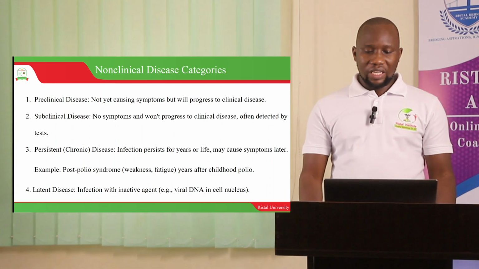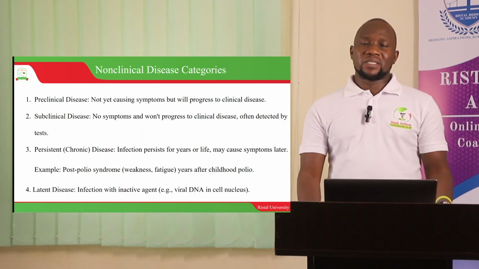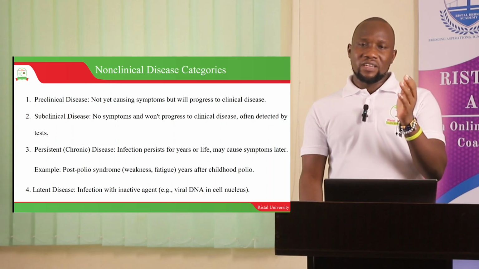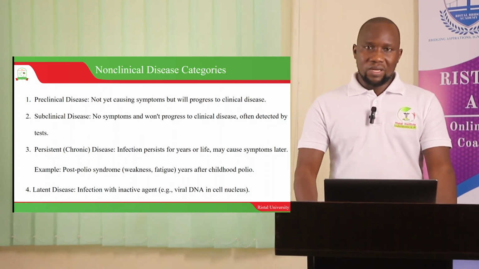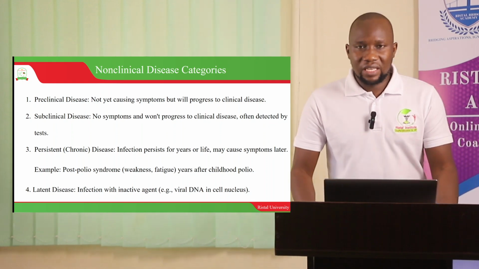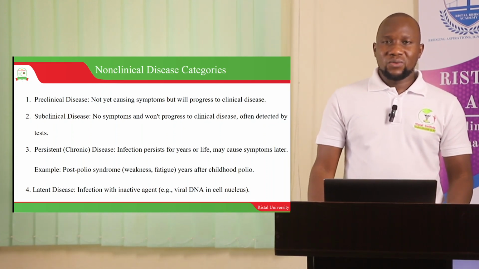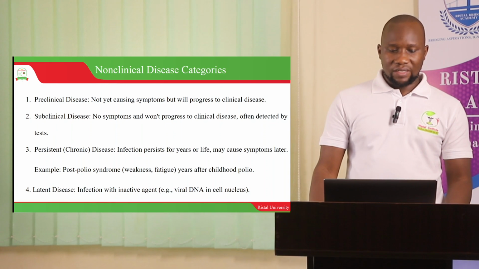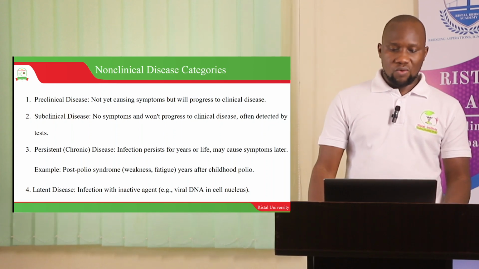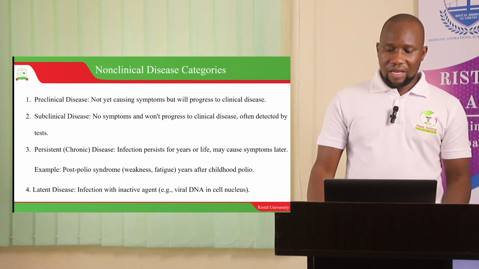And then we have persistent chronic disease. Okay, infection that persists for years, that after perhaps a change in immunocompetence, they can develop the infection later on. Okay, so TB can fall into this category. If you're exposed to Mycobacterium tuberculosis, you may not get the TB immediately, and you stay for a considerable duration of time until perhaps when you get immunocompromised. Okay, that's the same thing that we can talk about with post-polio syndrome that will continue to exist even after